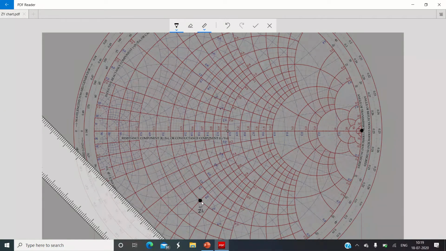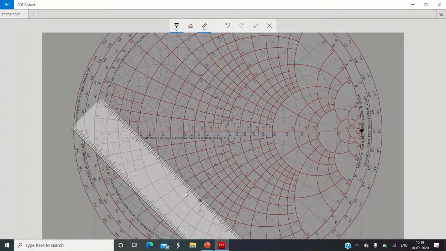So we know that these 2 points, ZL bar and this point, which represents Z equal to infinity, are located on the circle. That means if we join these 2 points, we get a chord. When I divide that chord exactly at the midway and extend the line to the real axis, I will get the center position of that circle.